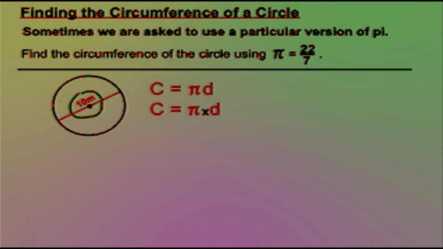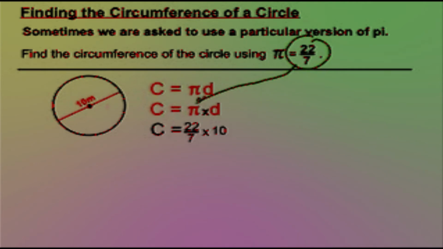So I'm going to take that 22 over 7 and multiply it by 10, which is my diameter. So really I've put the 22 over 7 in there instead of pi, and I've taken the 10, which is our diameter, and put it in there instead of the d, and multiplied those two things together. That's all I've done. So if I'm leaving it as an improper fraction, I'll get 220 over 7, but probably